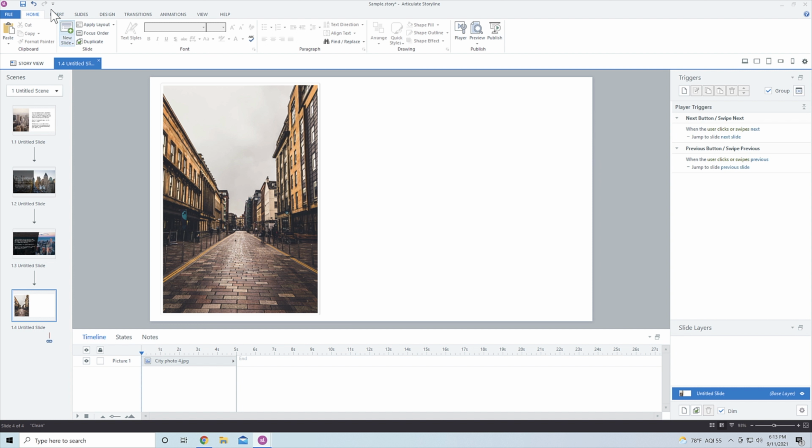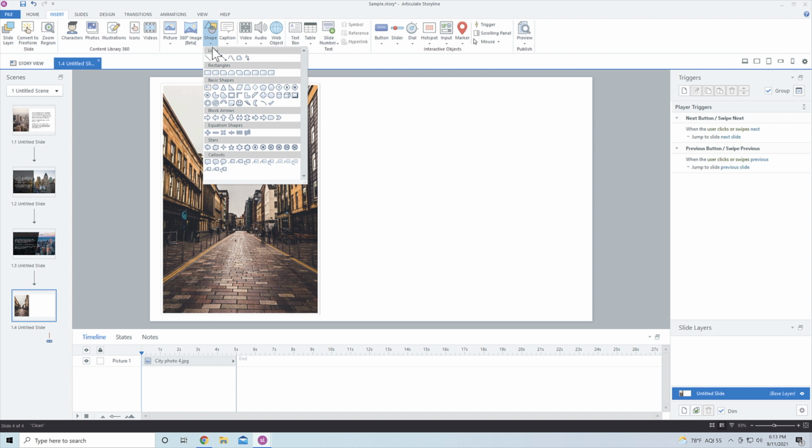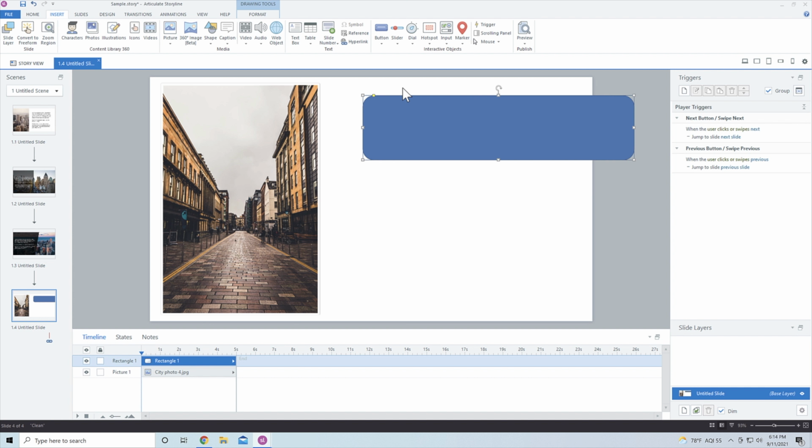Now I can even add another shape here and let's use this as a title. So I'm going to come in to my shape, and I'm going to have kind of a rounded corner here. Let me find one that's more rounded. Okay, let's try this one right here. And I'm going to take this yellow circle and make this a lot more rounded. Now I'm going to stretch this out a little bit more, just make sure that it's kind of off the stage a little bit. And I'm going to make sure that the height is a little bit smaller there.